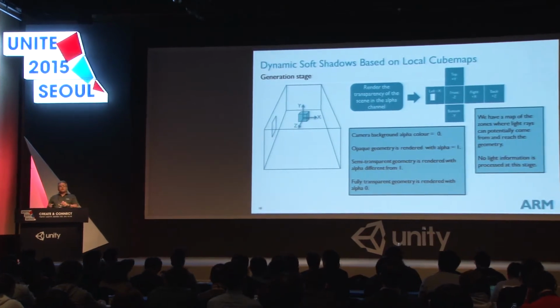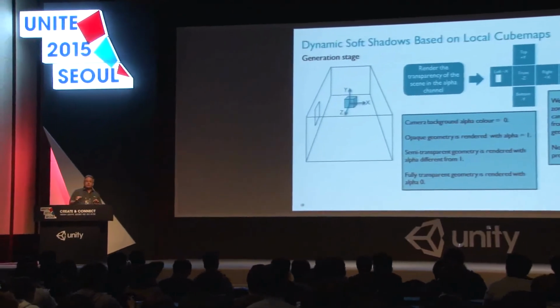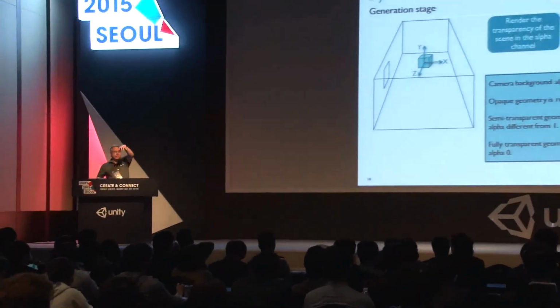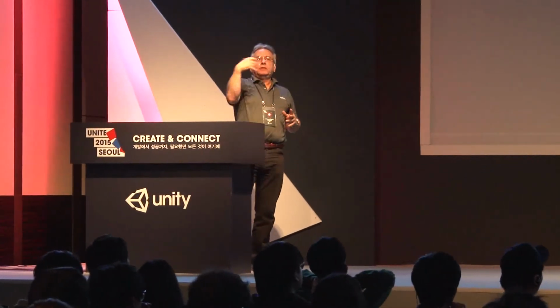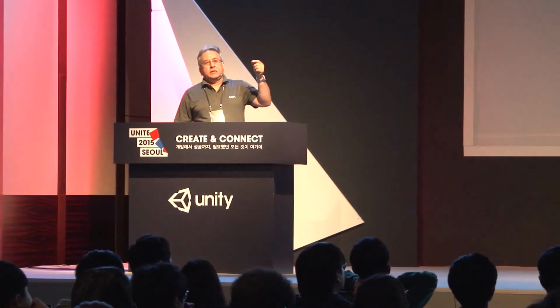And we use the alpha channel in such a way that when rendering the cube map, we first place the cube map in the middle of the volume, and we render the cube map in all directions: up, down, right, left, front, back. And we render the transparency of the scene in such a way that where there is an opaque geometry, we